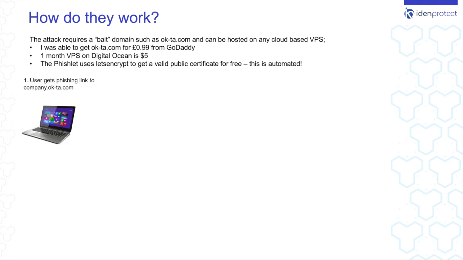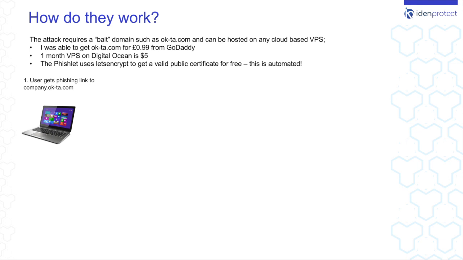As I said before, this is a phishing attack, so you need to get somebody to click on your bait link or your bait domain. Now, a link can be sent out either through email, SMS, Facebook Messenger, WhatsApp. Let's be honest, most of us, or the majority of people, when they see these, will disregard it. But the way phishing works is you don't send it out to two or three people, you send it out to thousands. So if you're sending this out to 10,000 people, hopefully, if you're an attacker, that is,